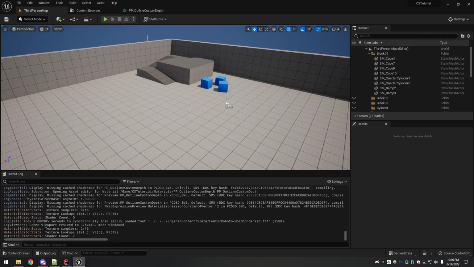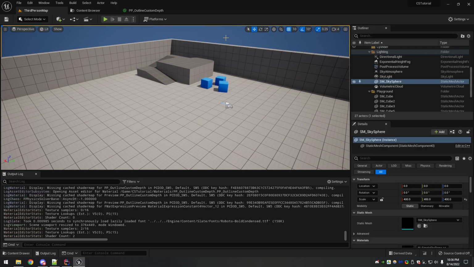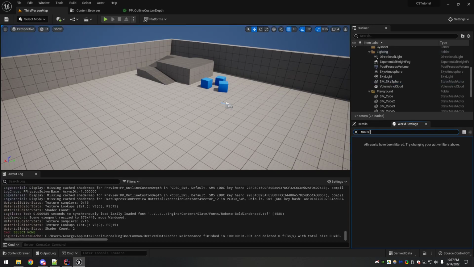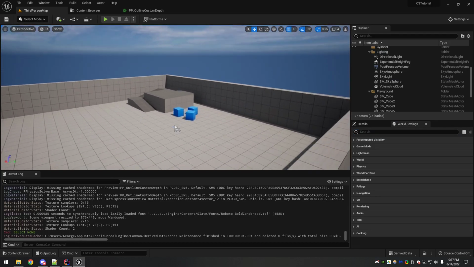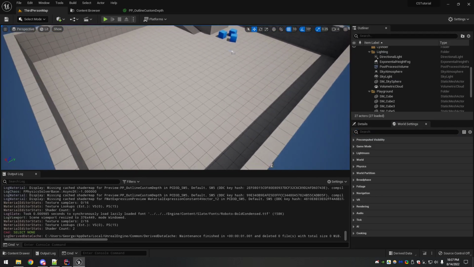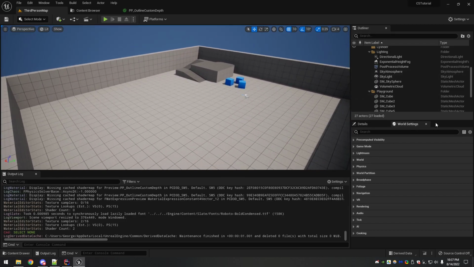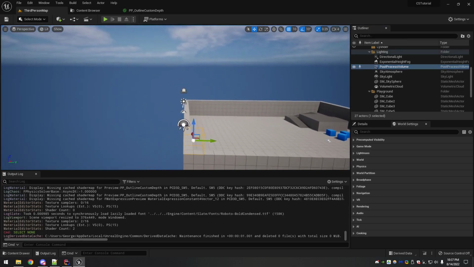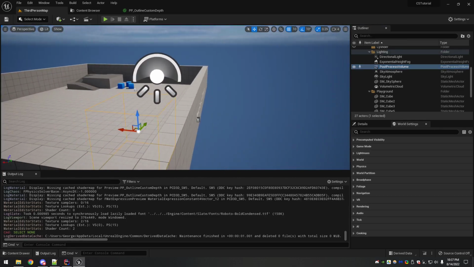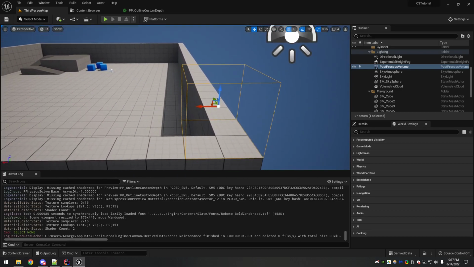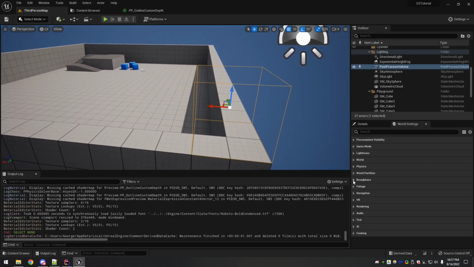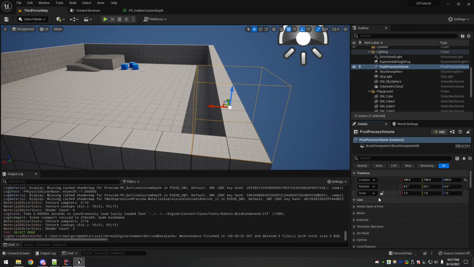So what we need to do is find the world settings. Okay, so I paused for a minute there because it's been a little while since I tweaked this and I kind of forgot. It's not under world settings at all. It's under the post-process volume, right? Because this stuff is considered post-processing. So it just sits in your level, and it can be set to, where's it at? There's a way to set this thing. Oh, here are details. Okay.